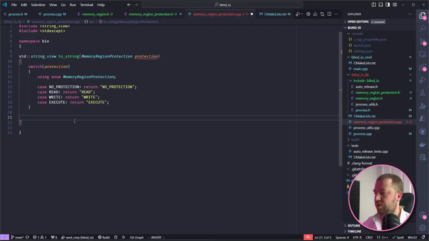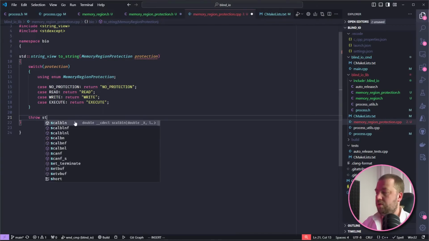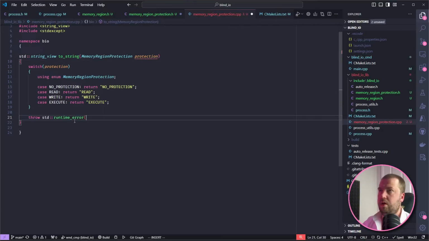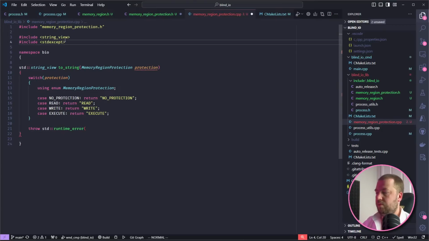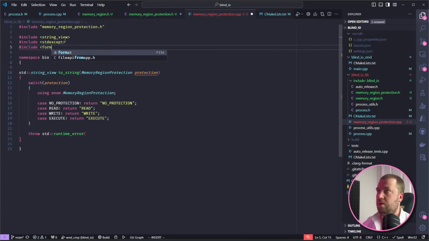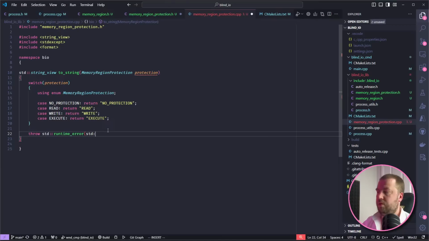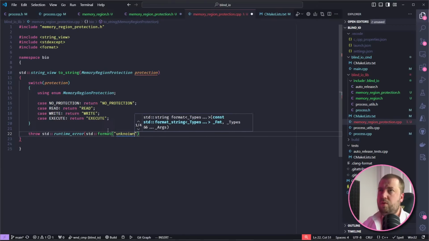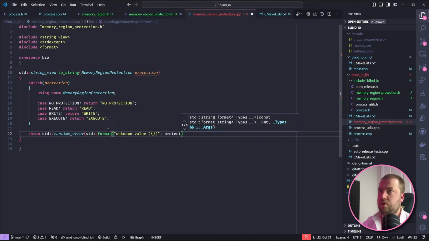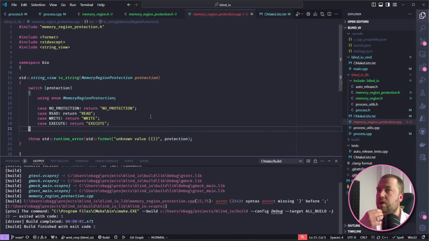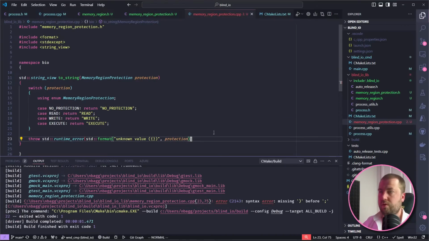So I think we can just throw a std runtime error, using std format. Unknown value. I guess put it in, and then protection missing, classic.